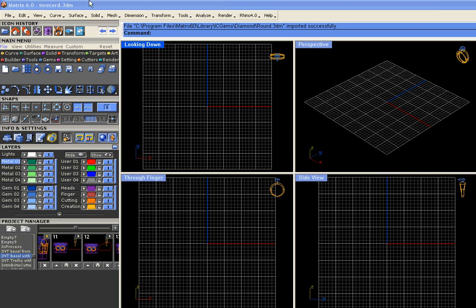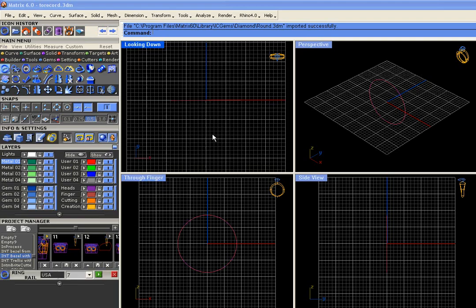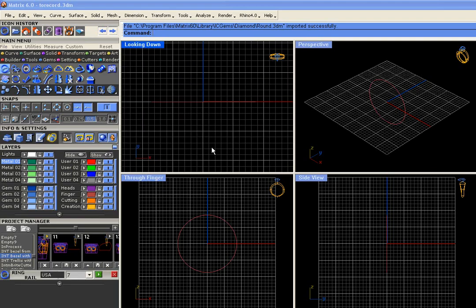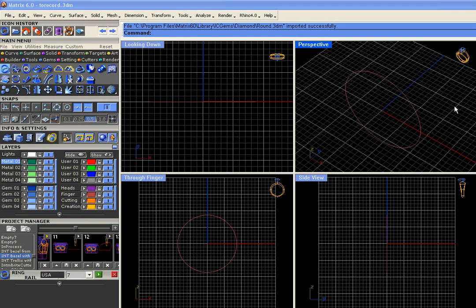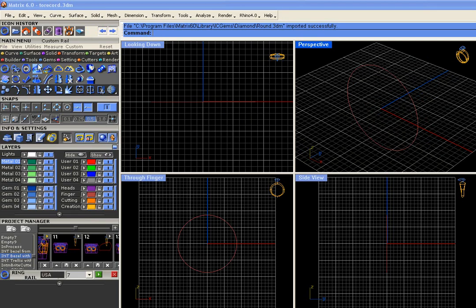Okay, there was a question on the forum about how to create this ring in version 6, and it really makes a great example of a lot of the new tools. Okay, so we'll just start by placing a ring rail. Then, using a curve tool, such as an interp curve,